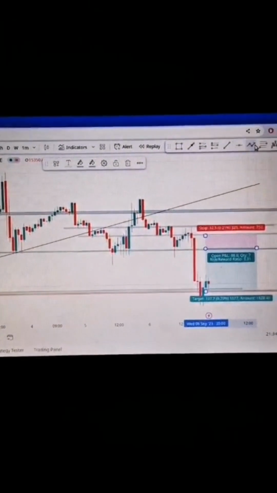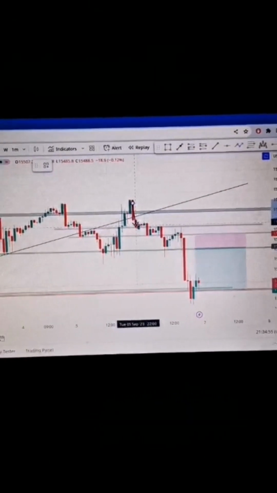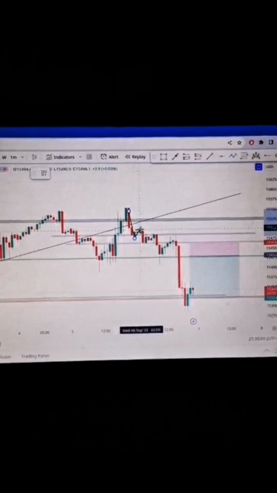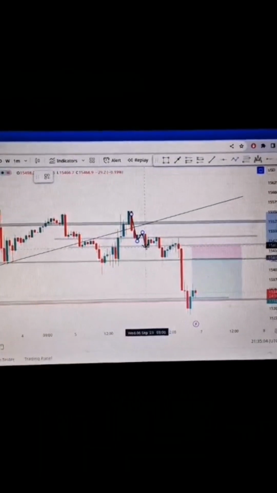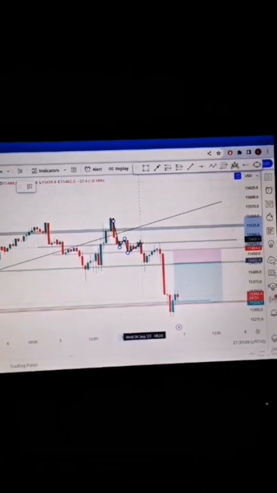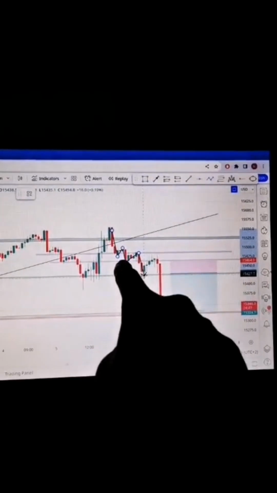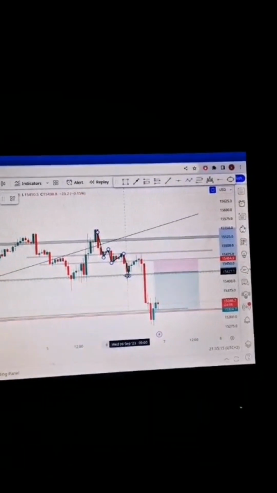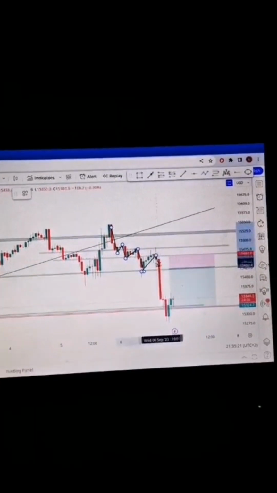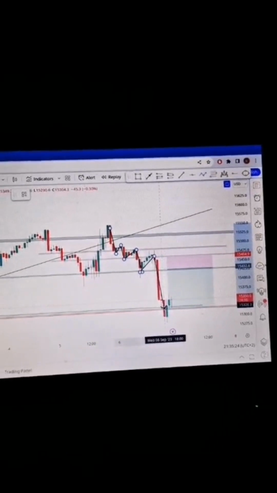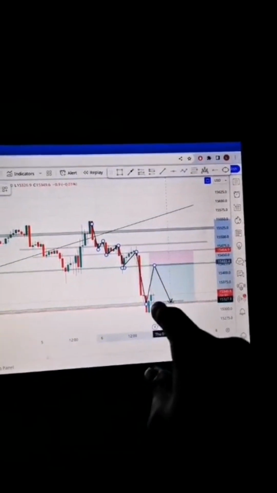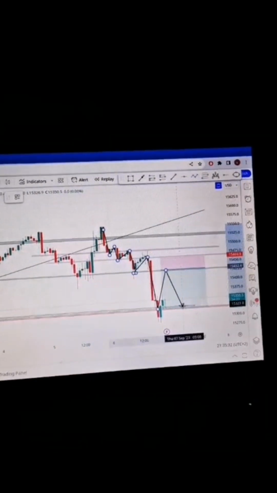Swing points, as you can see, we'd go down, touch here, consolidate or retrace back up, break the swing point, come back and retest it. Previous support became current resistance. We shoot down from there, we break the previous low, come back, retest the previous low, then we shoot down again. So I am expecting us to at least come back here. From here we will come back down. This will be our first take profit. See how it reacts there. If it breaks, we go